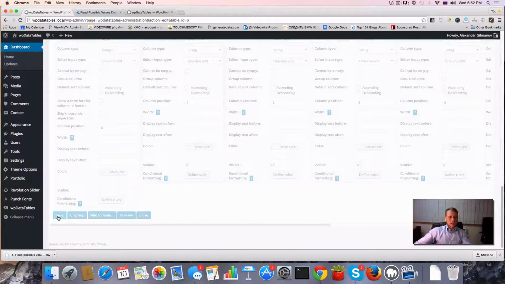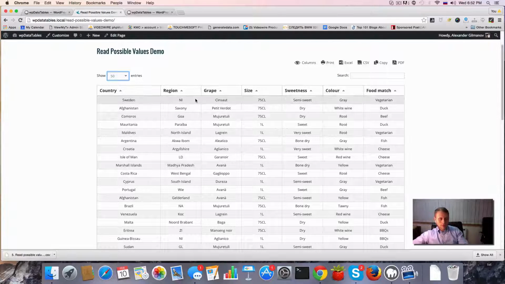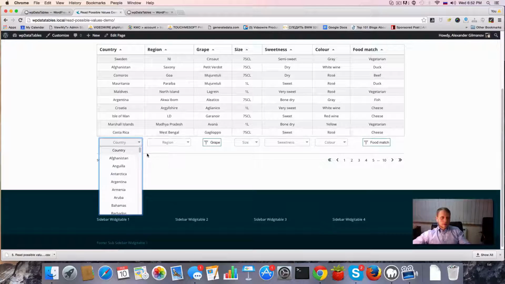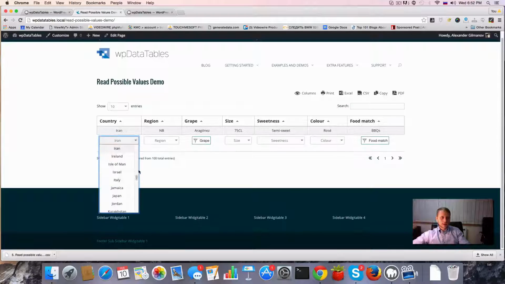Now we just need to save and reopen the table in the front end. And this is very easy. Now we have this catalog. We can get all the wines from a certain country